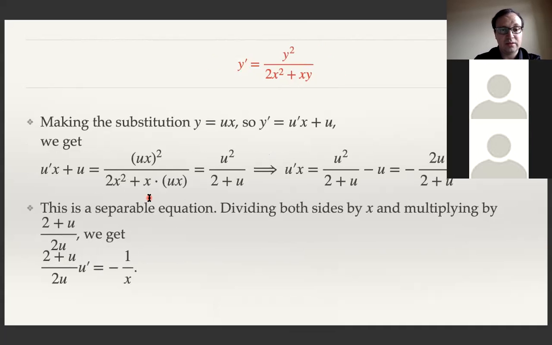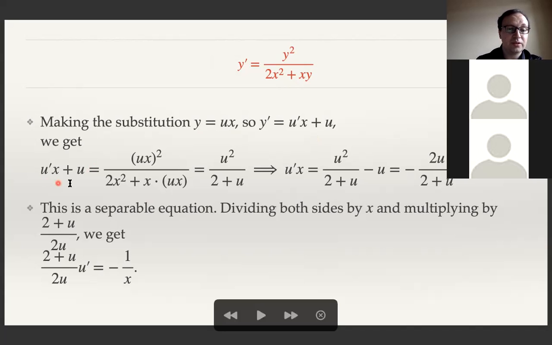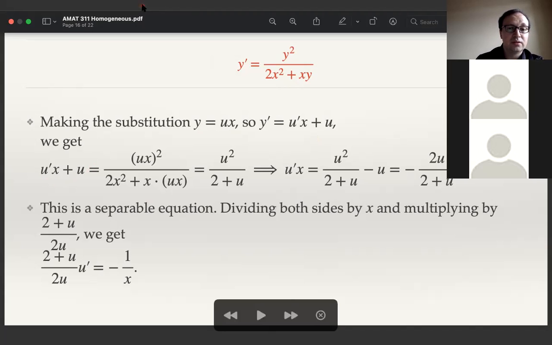Okay, so it looks like this is one of those that I did solve directly, fully. I'm using these slides from last term, so this is old content from last term. So y is equal to ux, so y prime is equal to u prime x plus u. These are the two formulas that you should actually know and know how to use when you're dealing with a homogeneous equation. And then you get that u prime x plus u is equal to